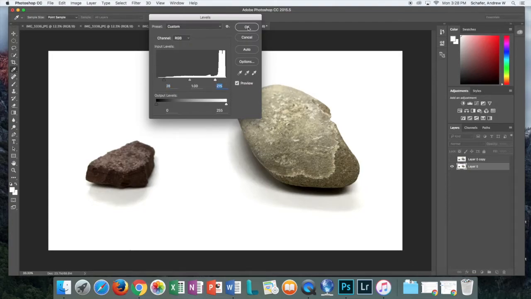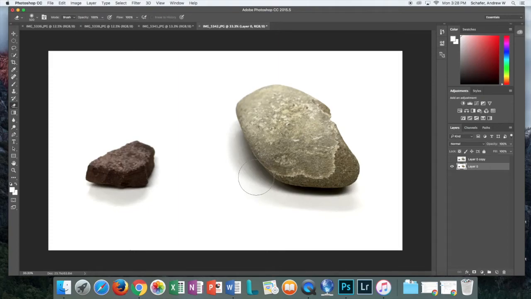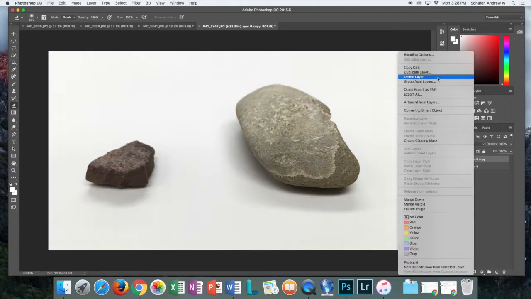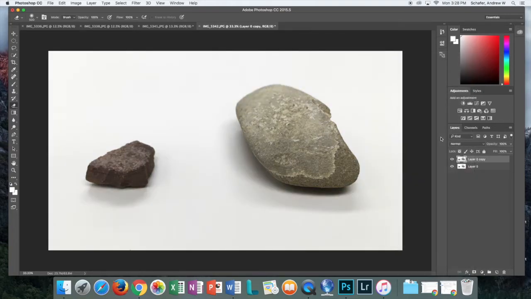That looks good to me, and press OK. So that was levels. If I were to show what's on top, here's the before, here's the after. Now I want to do some more editing to this layer, but before I do, I want to keep just this good layer, so I'm going to go ahead and right click that top layer, delete it, so yes,